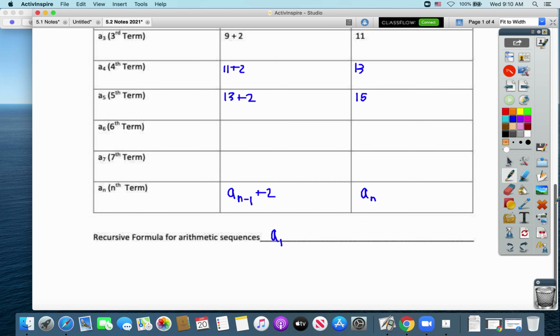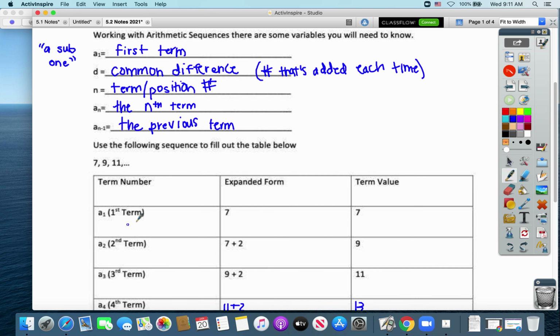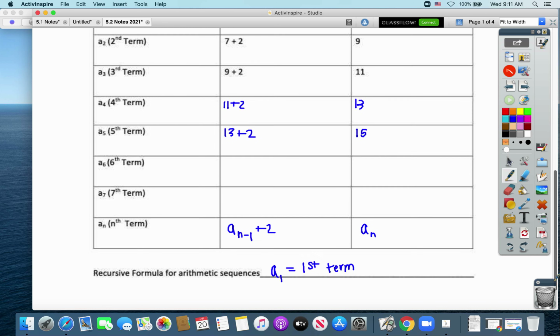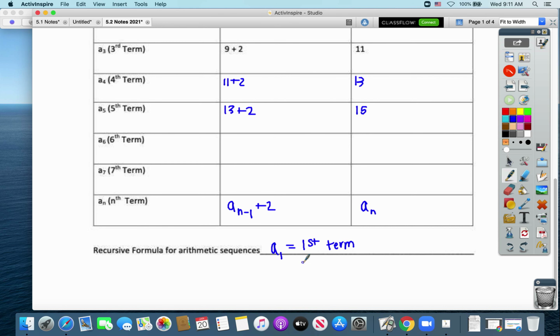So we need to start with a sub 1 equals whatever the first term is. So in this case, our first term is 7. So you would write a sub 1 equals 7 to start this rule, just so we give a starting point. Then the second part, we would write a sub n equals, and just what we set up here, to find any term, we take the previous one,